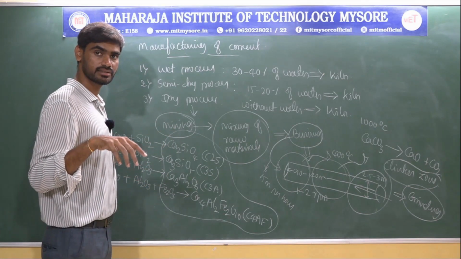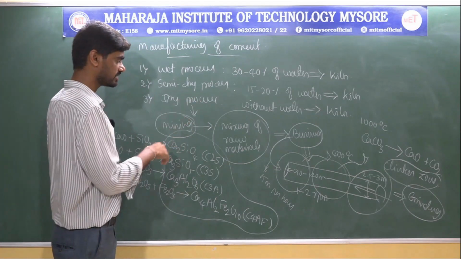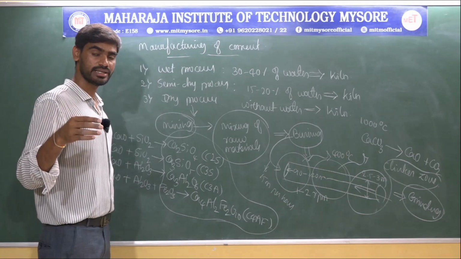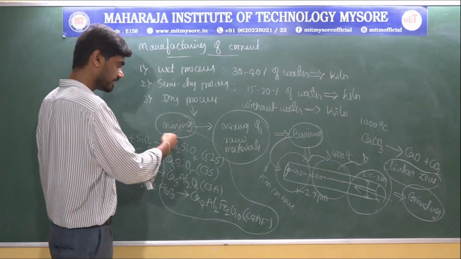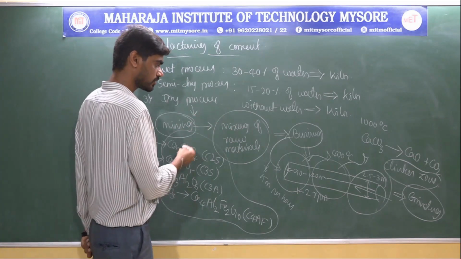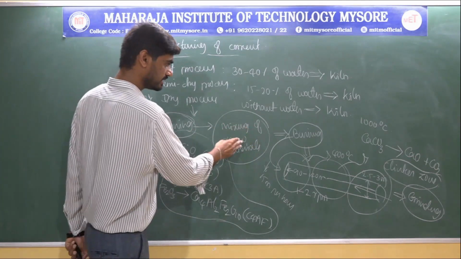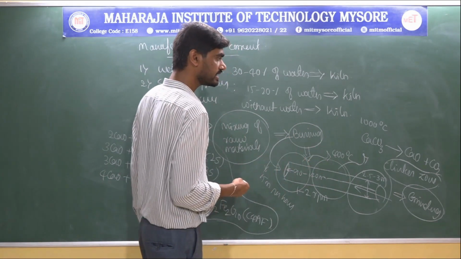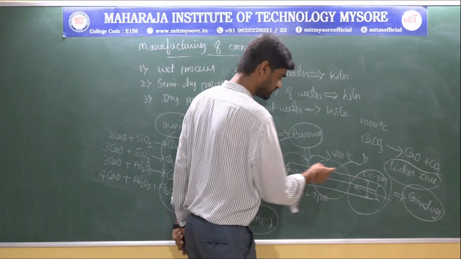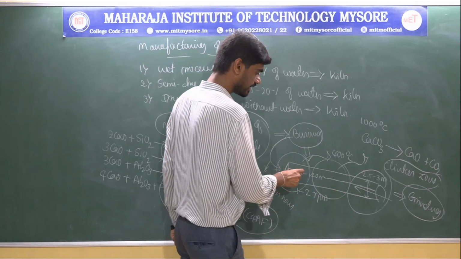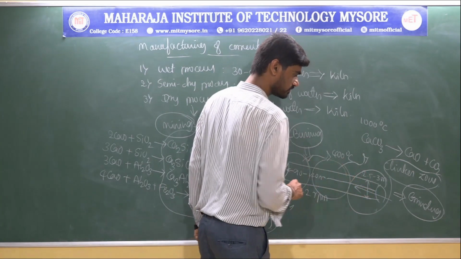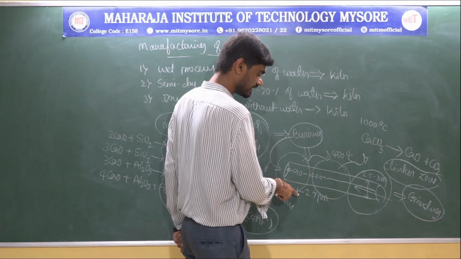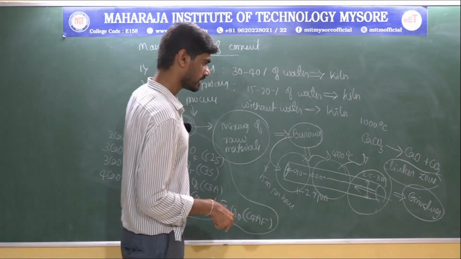So all the ingredients, the starting materials required for the manufacturing of cement, such as lime, silica, aluminum oxide and iron oxide, are basically mined from the earth's crust and then mixed thoroughly in a mixture. Then it is subjected to a burning process with the help of a rotating kiln. The length of the kiln is about 90 to 120 meters and the diameter is about 2.5 to 3 meters, and the kiln rotates along its axis at the rate of about 1 to 2 rpm.